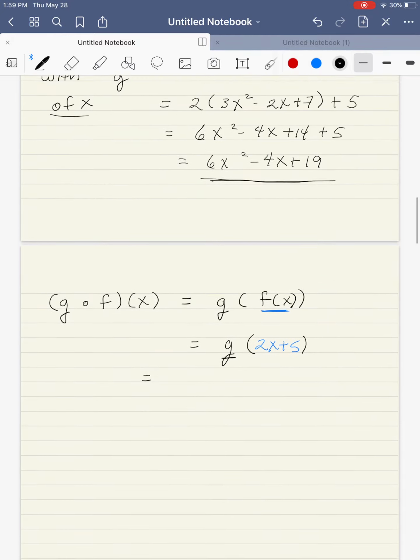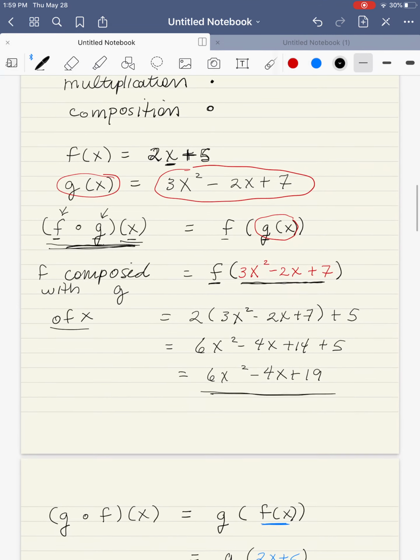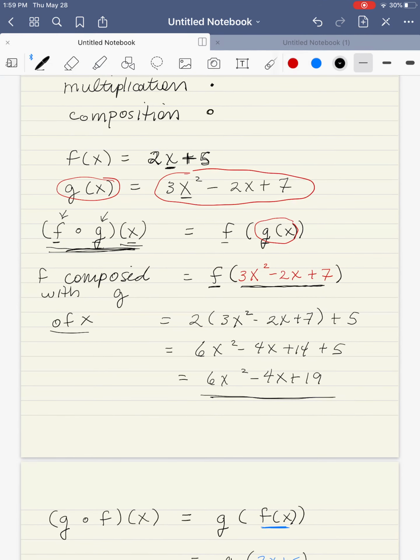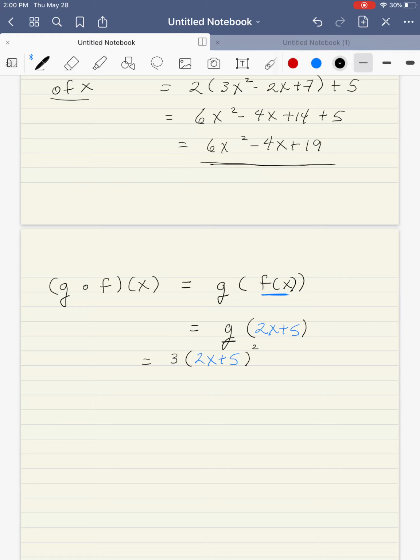So that means now we're looking at the g function, and wherever I had an x in the g function, I'm going to put what is in my parentheses here, 2x plus 5. So I'm going to have 3 times the 2x plus 5 all squared minus 2 times the 2x plus 5